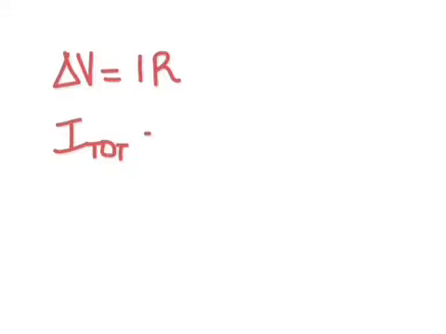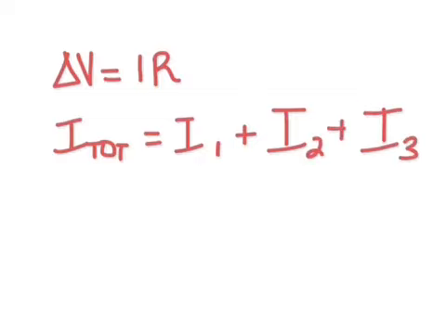Alright, so I've got delta V is equal to I times R. That's my starting point all the time. And I know that this works if I'm looking at just one local point, like at one resistor, or if I'm looking at the total. So I'm going to start with this idea, that the total current is equal to the current running through each resistor or branch, and we just add them up. Now I'm going to solve for I here at the top, so I would be equal to delta V